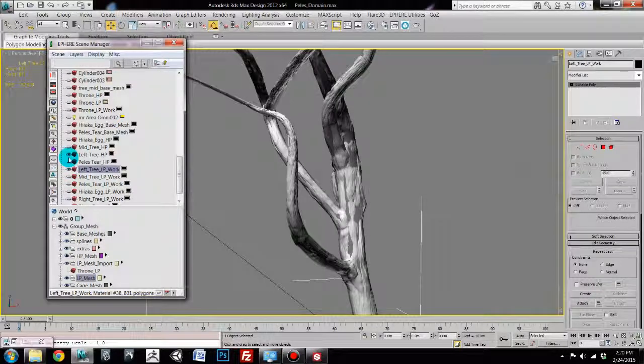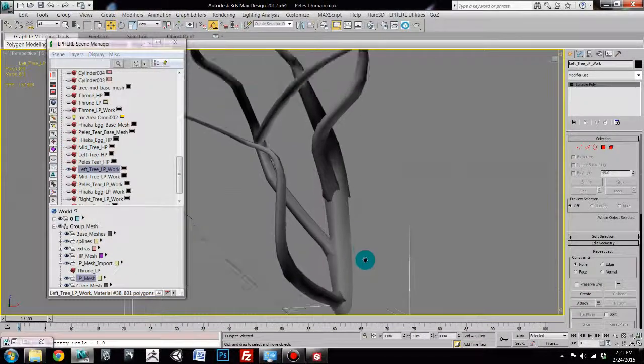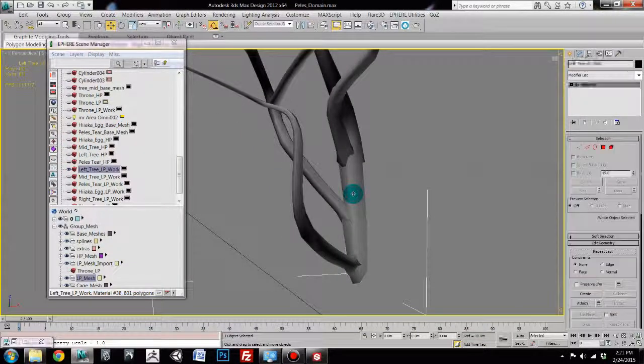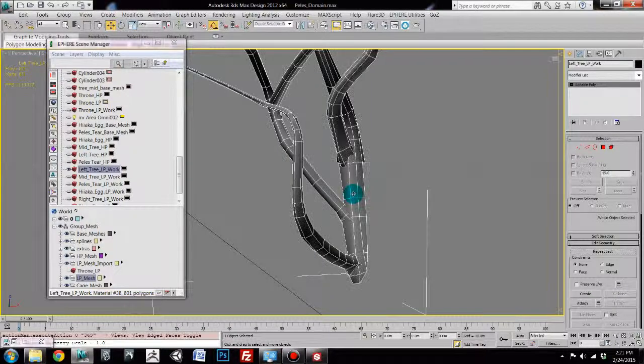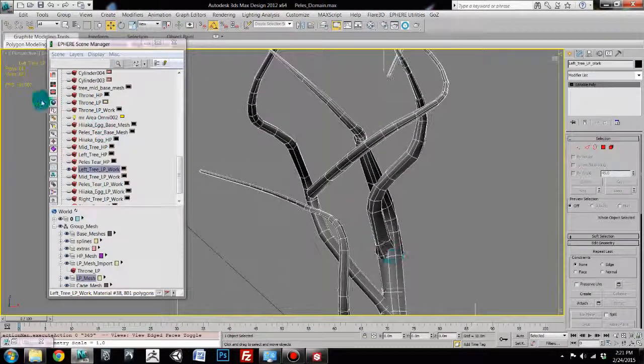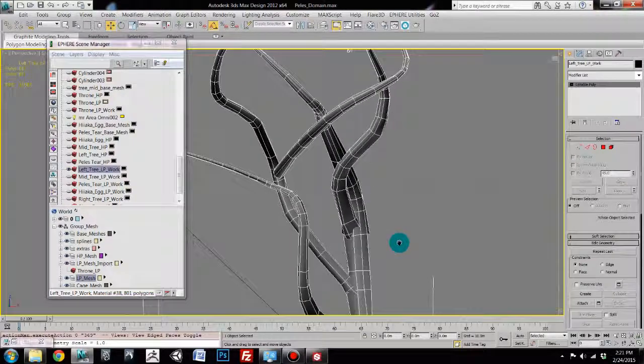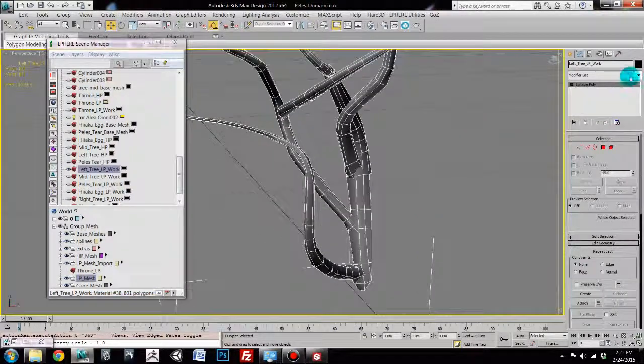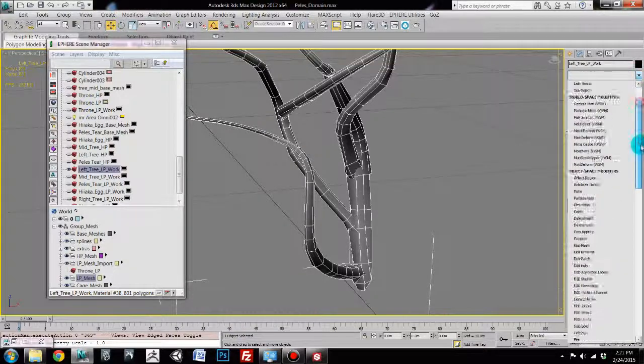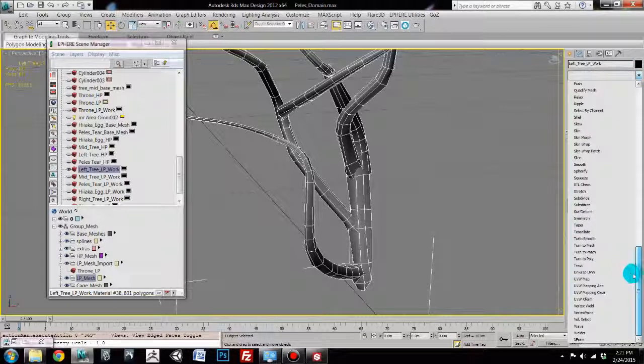So this is the left tree. I'm just going to go ahead and bake this information on top of the low poly in Substance Designer. So what I'm going to do is hide that for now. I'm working on my 600 to 800 vert poly version. So I'm just going to go into the modifier panel,